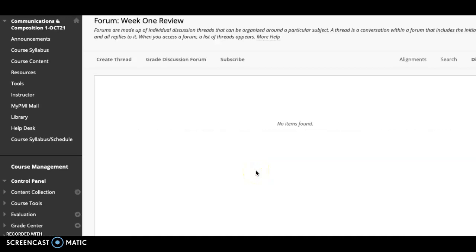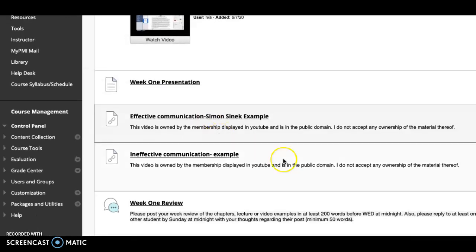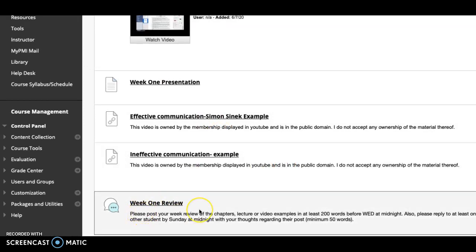So a week 1 review is the discussion board. You're going to have discussion boards throughout the semester at different times. It's not going to be every week, but it could be 2 out of 3, for example. So you're going to post information about your reading of the chapters or your listening of the lecture, what your thoughts were.